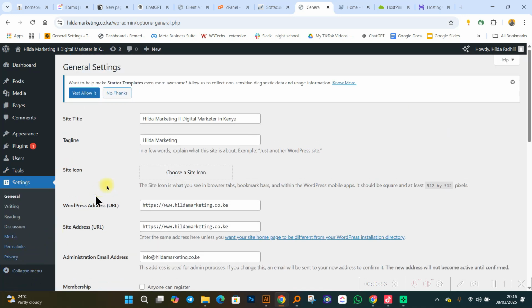Then we have something over here we refer to as settings. Settings just allow you to customize a number of things when it comes to creating your website. When you're creating your website, it's important for you to understand that you don't just create a website for it to exist. You need to create a website for it to be visible. And that is where we talk about search engine optimization. Those are some of the things that you're going to be talking about starting Monday, when we are actually going to be starting this.